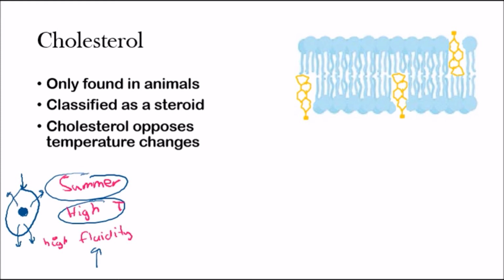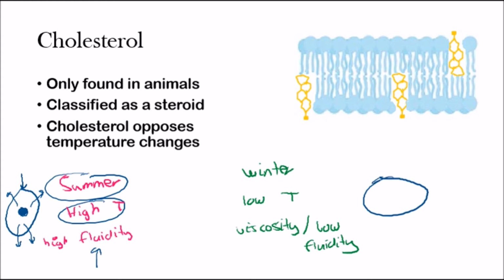Now, in contrast to that, in the winter, the opposite happens. You have a low temperature, and then you have high viscosity, or low fluidity. So what does this mean for the cell membrane? The cell membrane is not going to be a liquid like this, but it's actually going to become very, very compact, and it's going to turn into kind of like a solid,